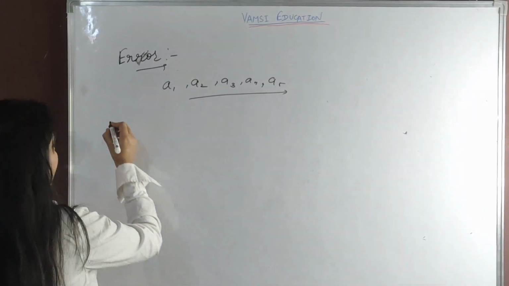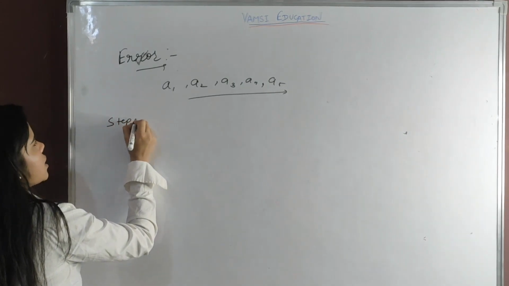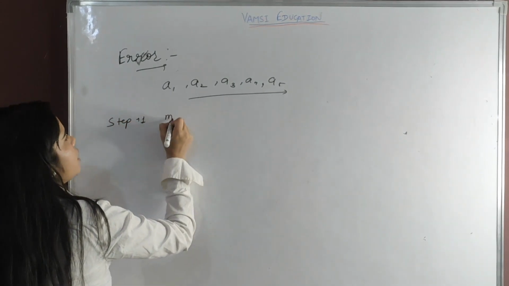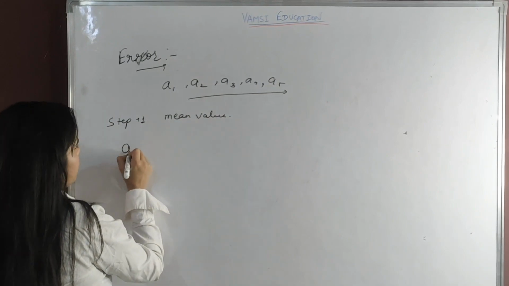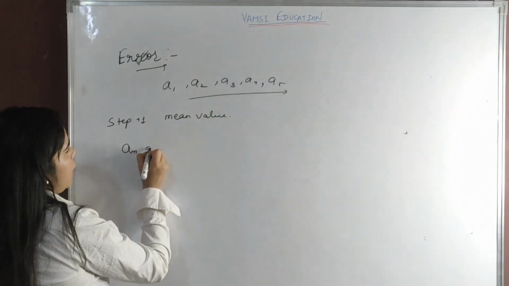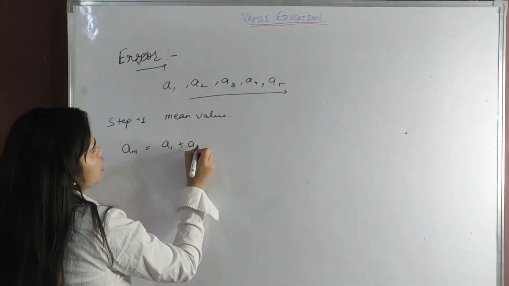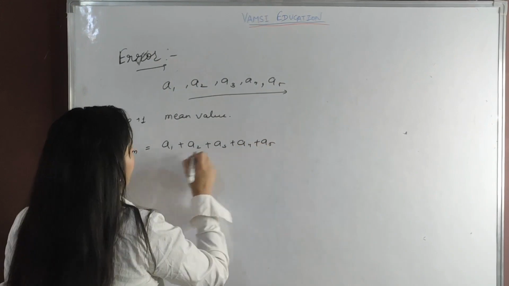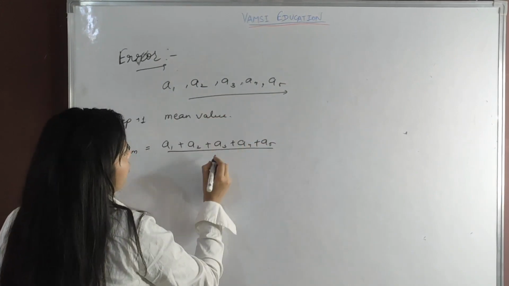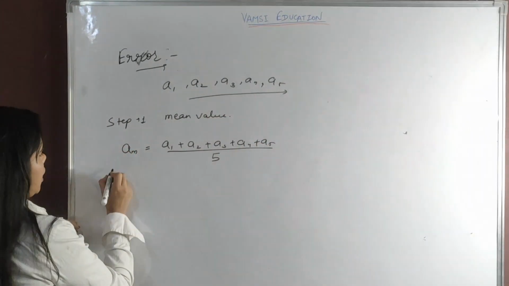So for finding the percentage error, step 1, you have to find the mean value. The mean value is denoted by AM, and the mean value is the summation of all given data divided by the number of data, that is 5, so you have to divide it by 5. Now the second step,